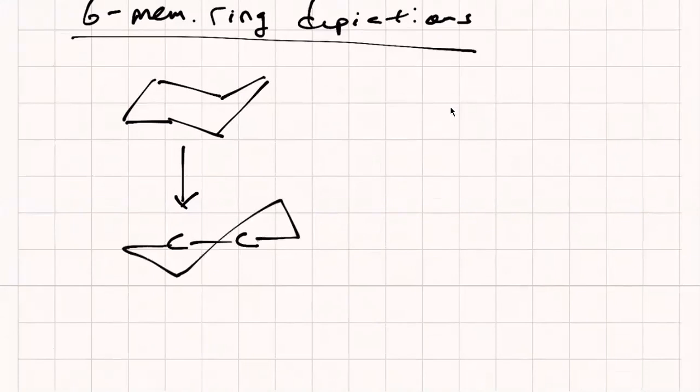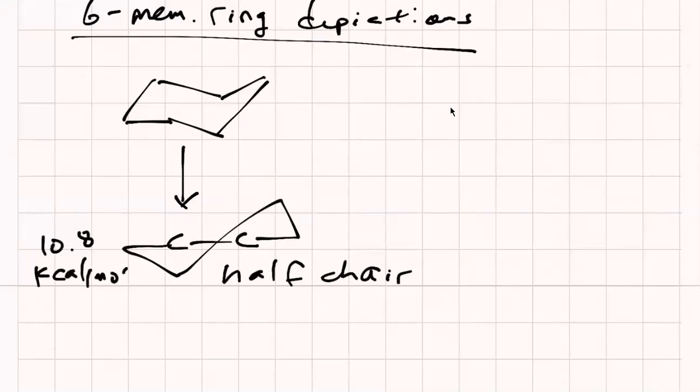All right, this is what you call a half chair. And that's about 10.8 kilocalories higher in energy than the traditional chair. So 10.8 kilocalories per mole higher in energy. Right, then you can have in between that chair and a half chair, right? You can also have a